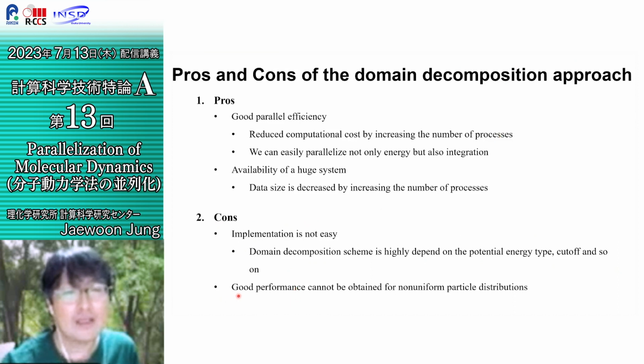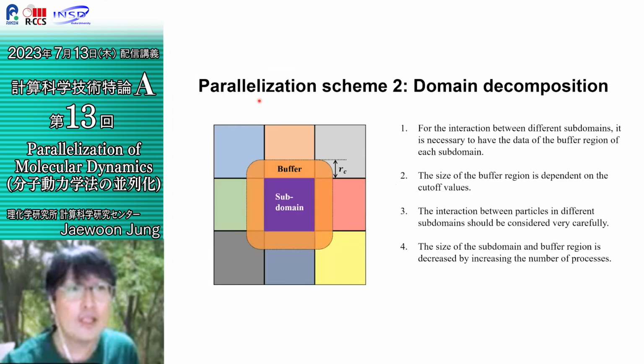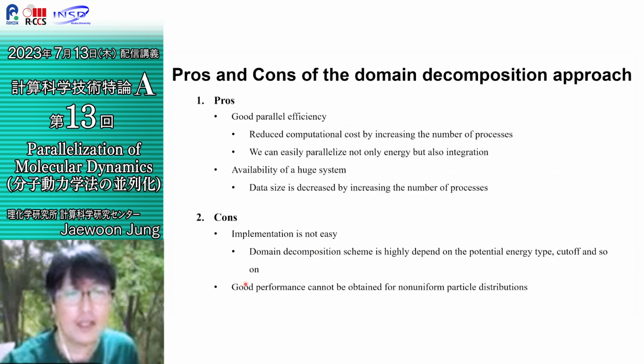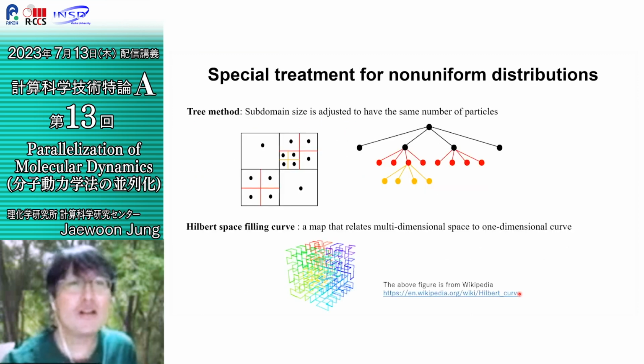Another thing is that just assigning the same amount of subdomain, we cannot obtain good performance for non-uniform particle distributions. For such non-uniform distributions, many people consider different ways, like the tree method or Hilbert space filling curve. And there are also other methods. If I take just the tree method here,